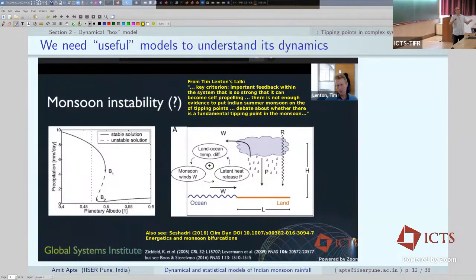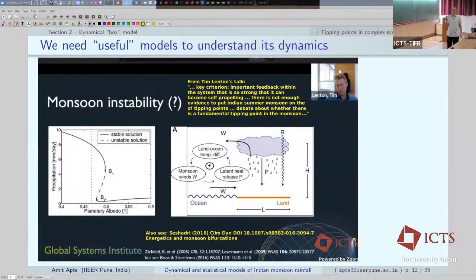So slight changes, it's arguable about what you want to leave and what you want to keep in a model, and slight changes in what you include cause very different conclusions in terms of whether a tipping point exists or not exists and so on. So a good understanding of such kind of phenomena requires...